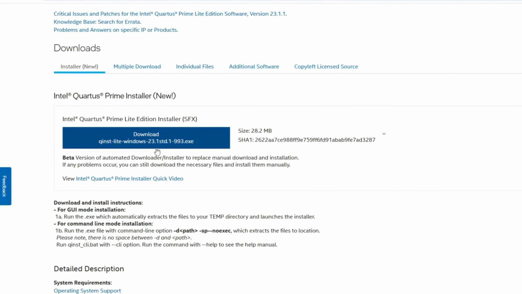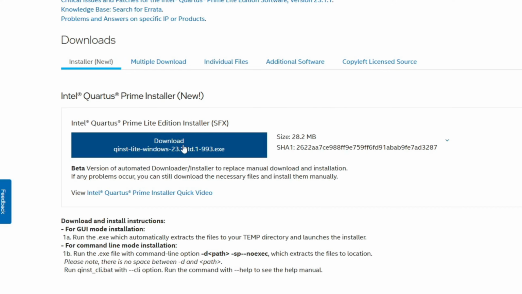Okay, so go down and this is our download section. This is recently added, that is the installer. This is 28 MB in size, so this is not a full setup. This is just a web-based installer. You download it and run it, and then the downloads will start during the installation process. So you can try it now, but there are more options, so I will explain that.